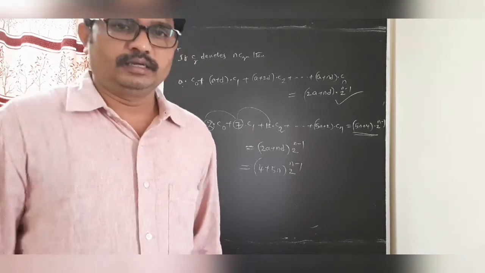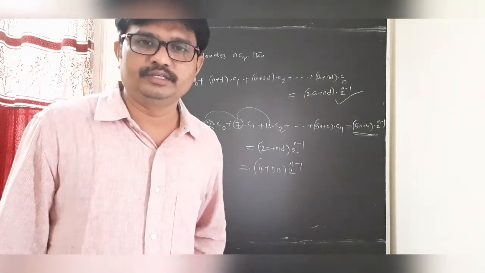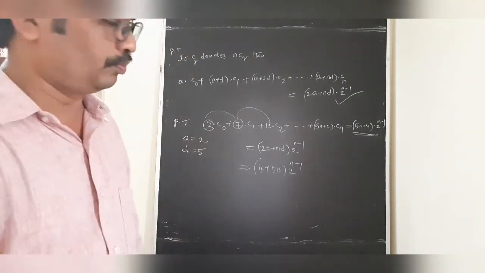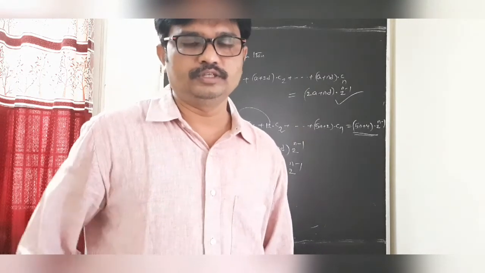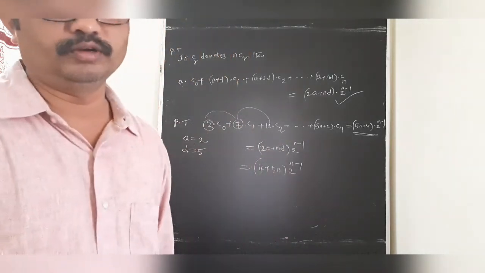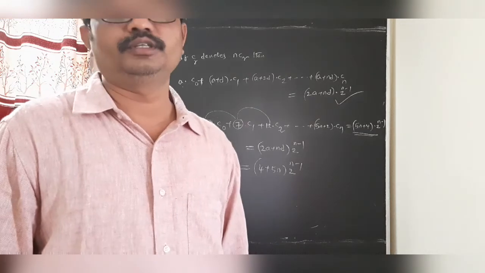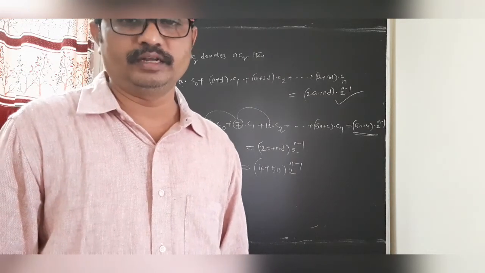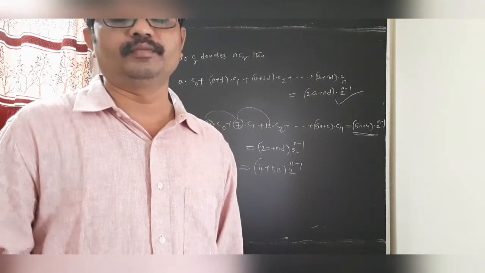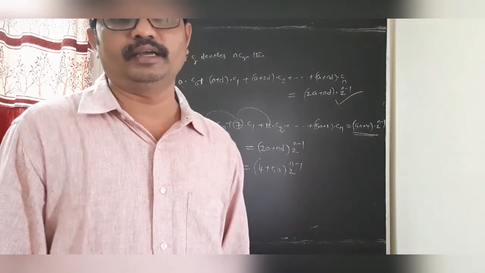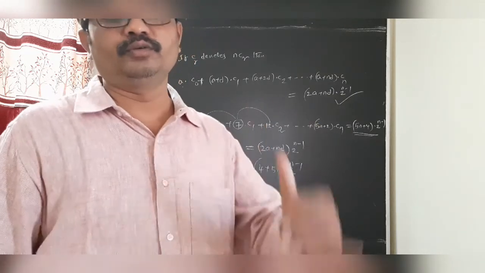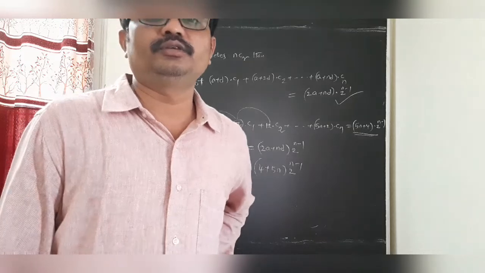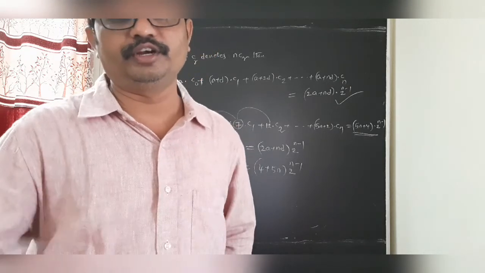Okay, students. This is today's lesson, students. All of you practice today's video. Okay, students, this video is very important for the binomial coefficients. C0 plus C1 plus C2 and so on, Cn is 2 power n. Even suffix sum is 2 power n minus 1. Odd suffix sum is 2 power n minus 1. When an alternating minus sign is there, undoubtedly the sum is every time 0.